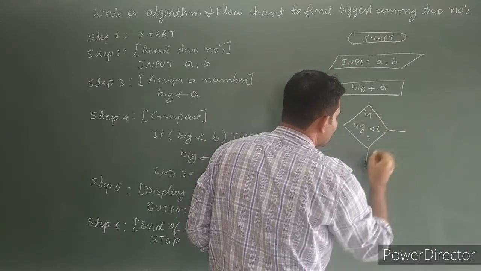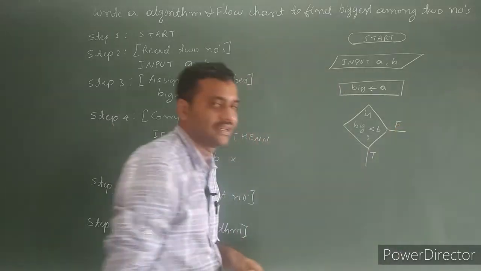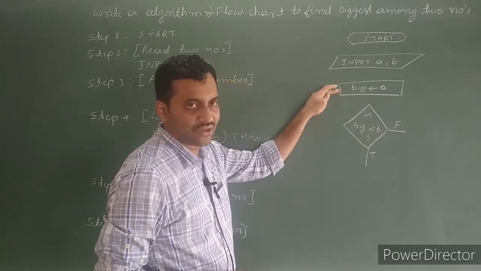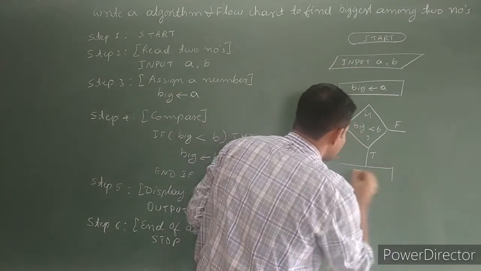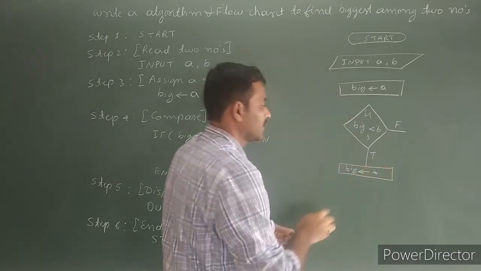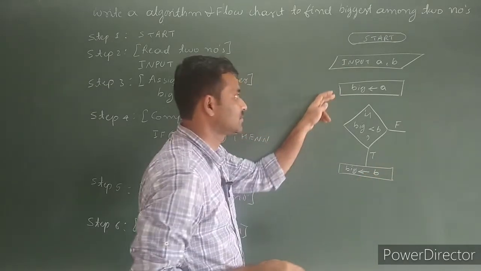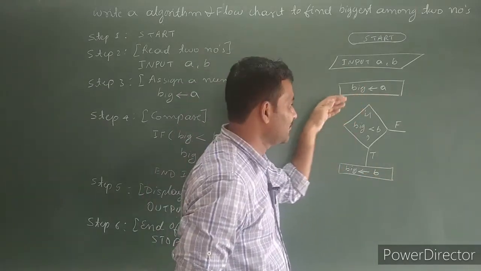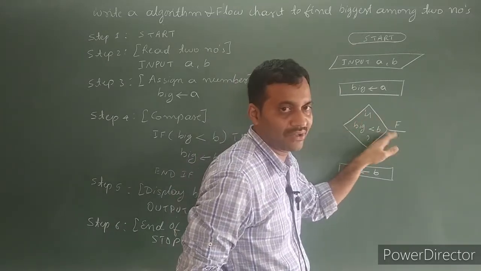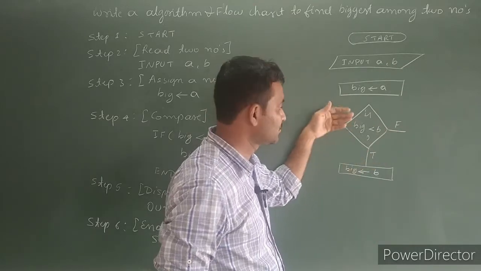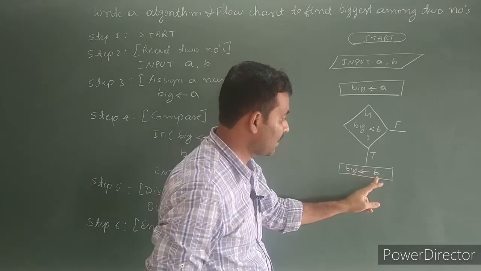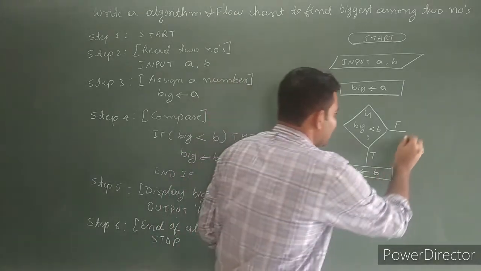We should have two alternatives. One is true, another one is false. If big value is less than B, our assumption is wrong. So we have to reassign our assumption by assigning the B value. So big back arrow B. First we thought that the first number is the biggest value. If the biggest value is less than the second value, or B value, then our assumption is wrong. So reassign our assumption by changing the value of big. So here we assign the value of B to big. So if it is false,